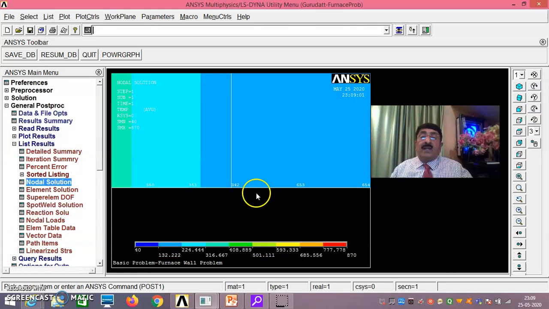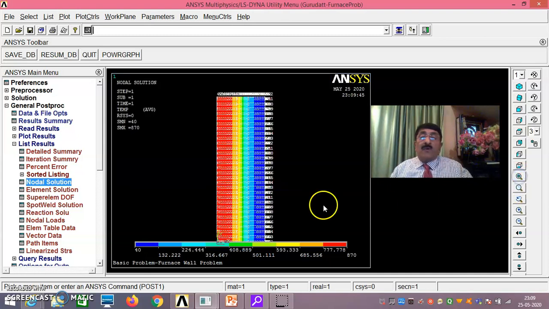You have found out the interface temperatures. You have found out the correct plots. All the plots you have done: temperature plot, flux plot, vector plot, heat loss to the surroundings, and the interface temperatures also. Anywhere on this line, you can expand and see the numbers.